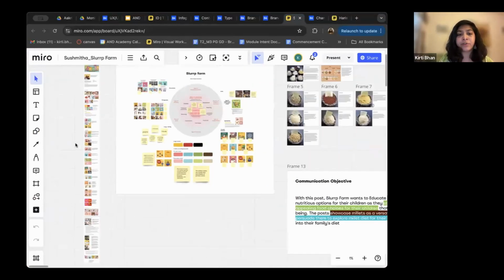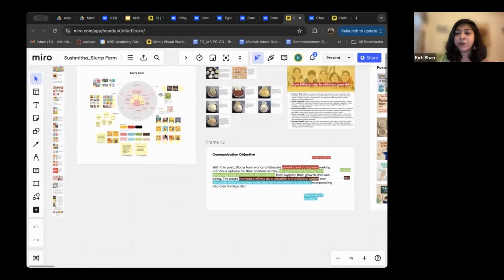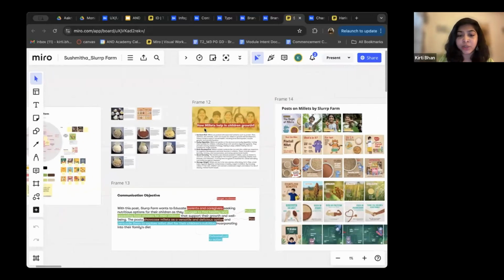So every aspect of it: what is the color of the brand, how the brand talks, what is the tone of the brand. And if you talk about visuals, what is the grid, how the frames look, what kind of pictures are used, what is the language they are using, what kind of illustrations, what is the style.